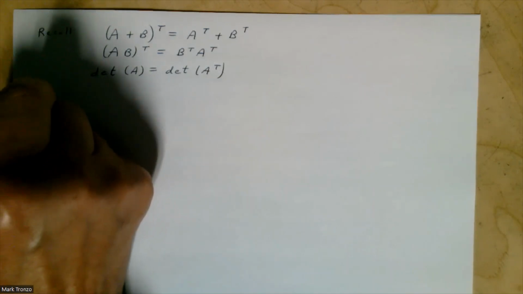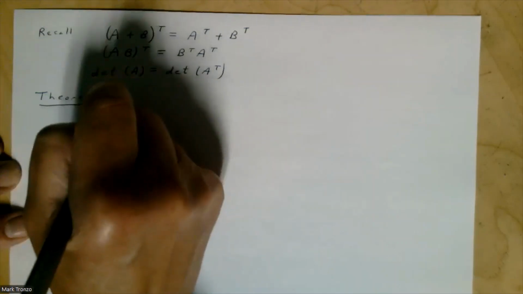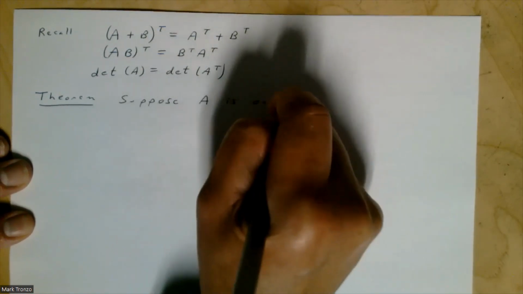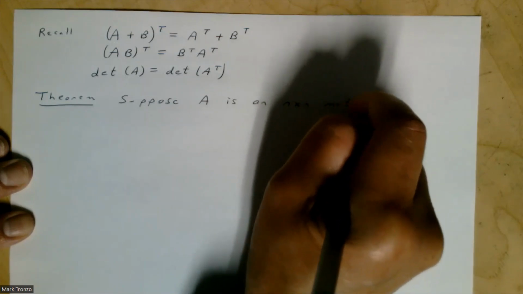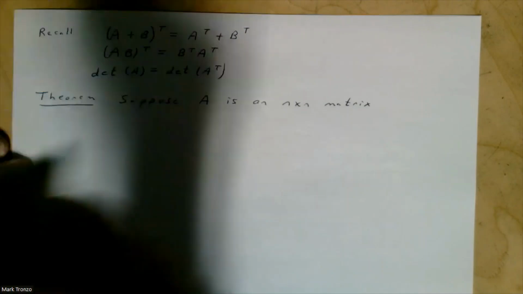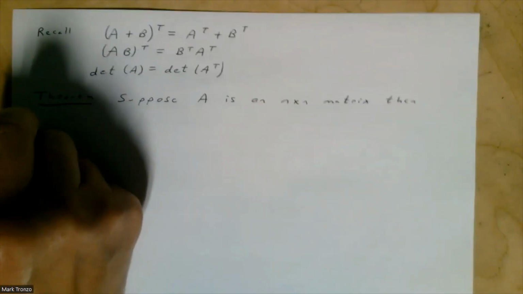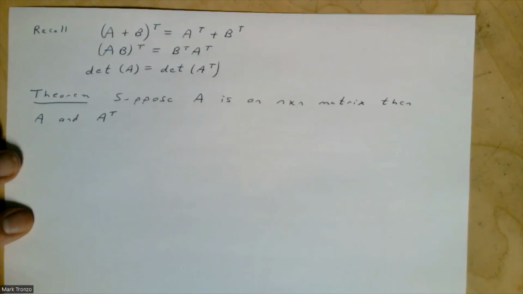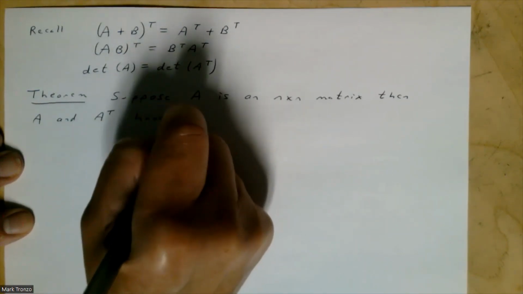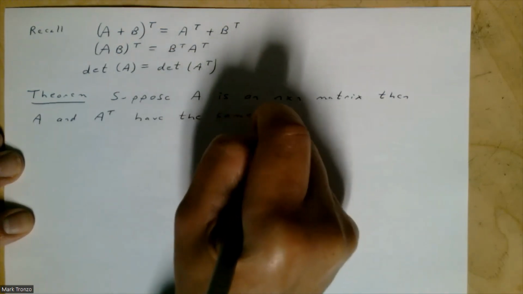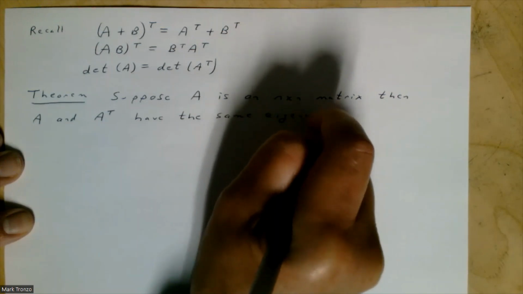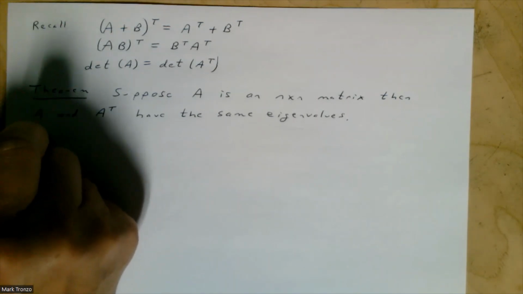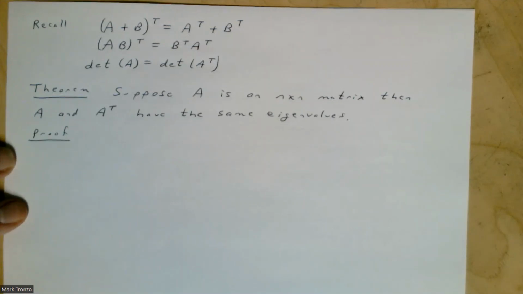So now we have a theorem. Suppose A is an n by n matrix. Then A and A transpose have the same eigenvalues. And proof,